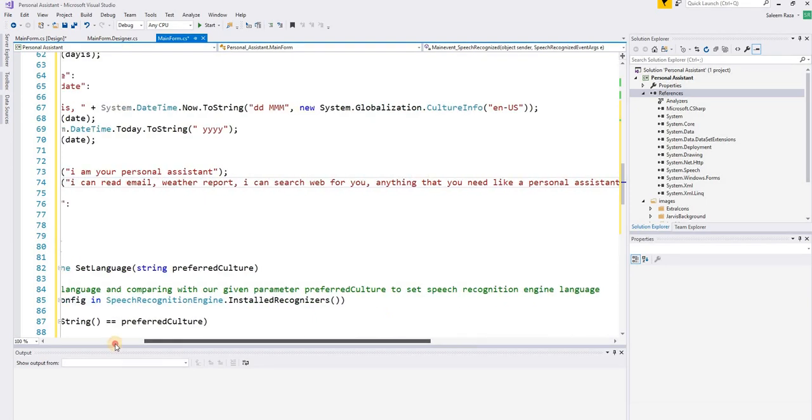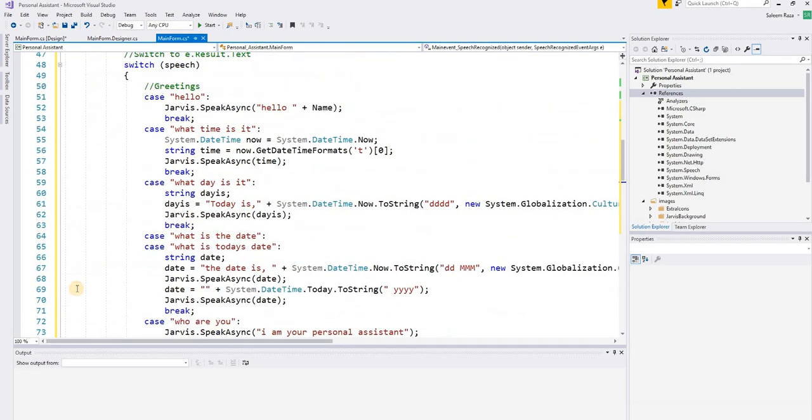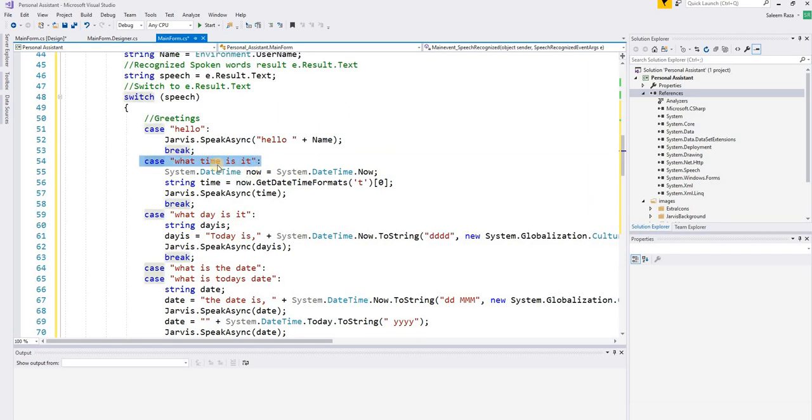Okay, we added some new grammar, like what time is it. We are going to use a simple grammar, what time is it, and then we are going to use System.DateTime.Now